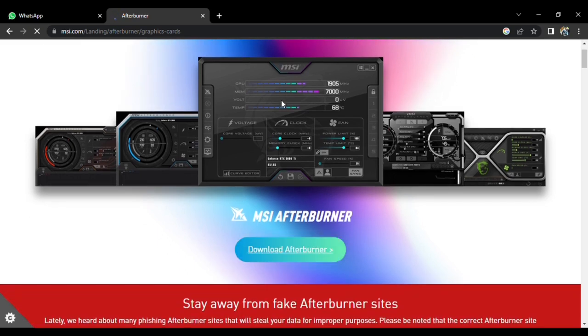Click on download Afterburner and then wait for a few seconds. Then that's going to take you over to the download page. As soon as it is downloaded, just simply open up the application on your computer and then install it on your computer. It's going to be installed in a few seconds, and after that, you can just simply start